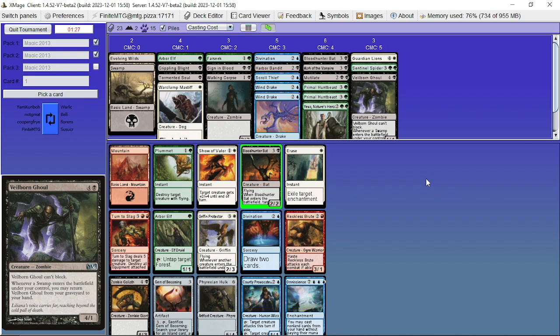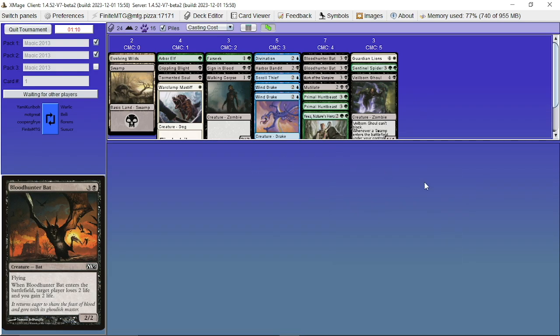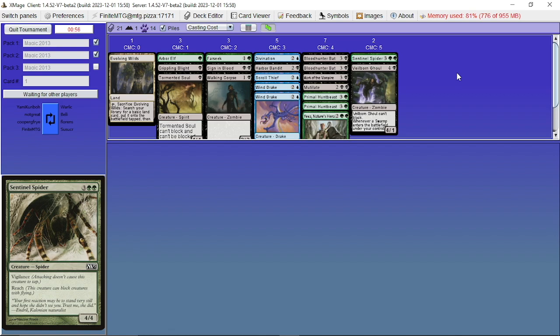I could take the Elf, but I'm at a point where I don't think the Elf actually contributes to my game plan of trying to kill the opponent. And the blue deck might just be better. Problem is we do give up Yeva. Let's take the bat. And I don't think we're going to be aggressive enough for Tormented Soul, but I mean, if we get the +3/+1,